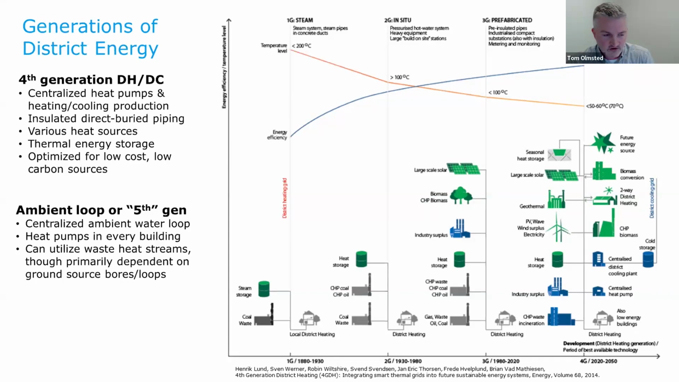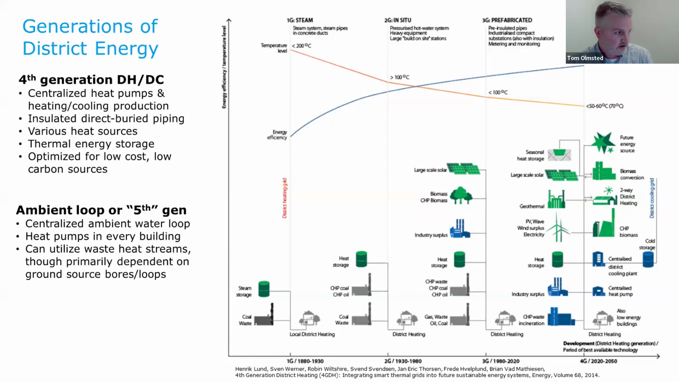If you go to, or no, we're on the right slide. Nope, go back, sorry. The rest of what I'll dig into is really going to focus on the most recent generations of district energy. All new systems fall into this fourth generation district heating or cooling, or an ambient loop, sometimes referred to as a fifth generation